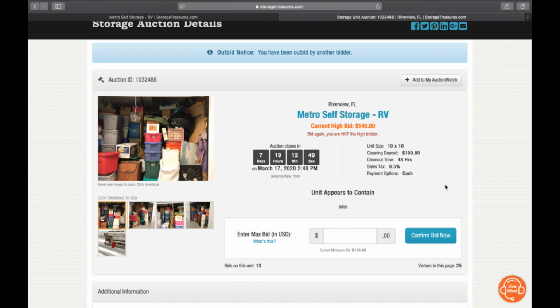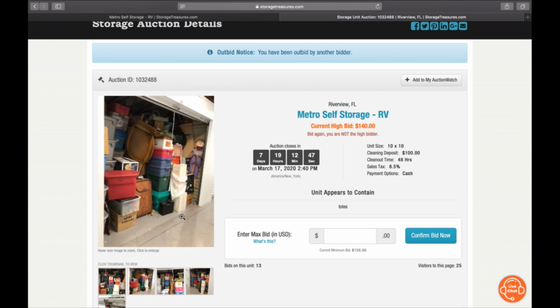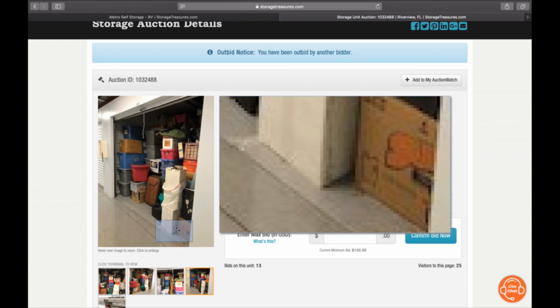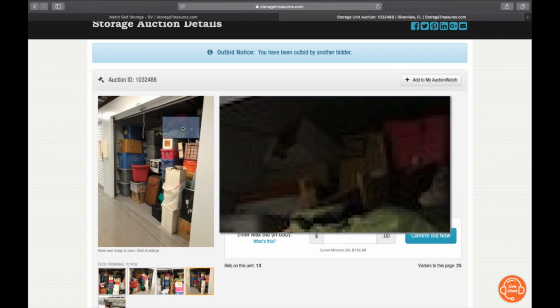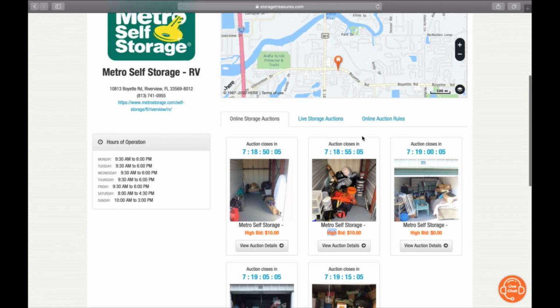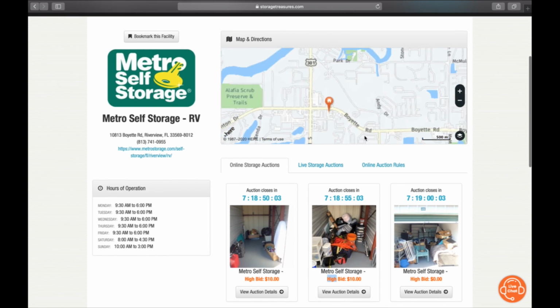I don't really want to mess with this too much more. Let it roll. I'll have to decide how much I'm willing to spend on this one. But how much do you guys think I should go up on this one? And we'll see what I'm willing to spend. But there you go. So that's just kind of a look at the self-storage unit